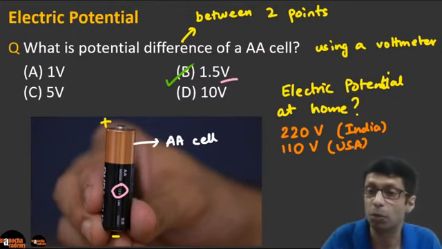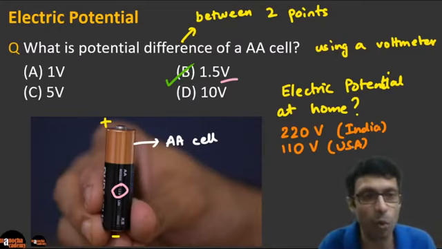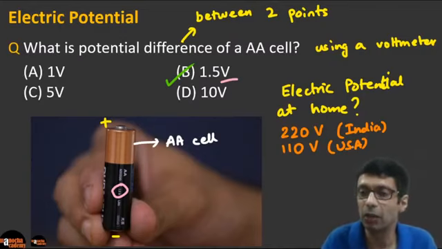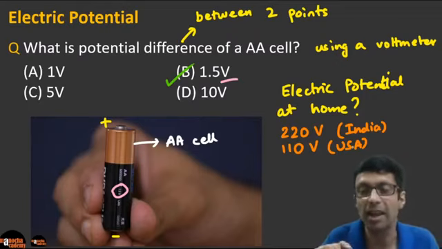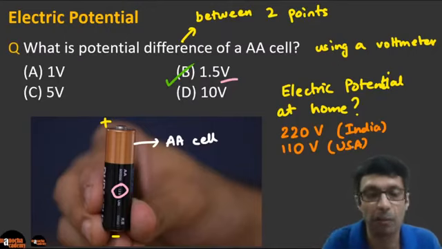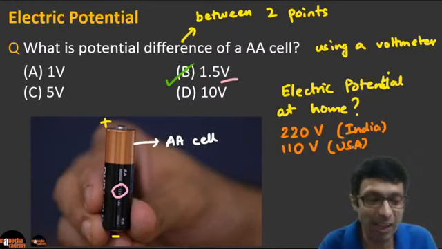220 volts. So it's much higher than a cell, and that is why electricity is dangerous, because high potential can cause high current. You can get a very bad shock. So you should always be careful when handling electrical equipment, wearing shoes or slippers, rubber slippers, rubber shoes, and never touch switches with wet hands, because there is high voltage coming in at the home.